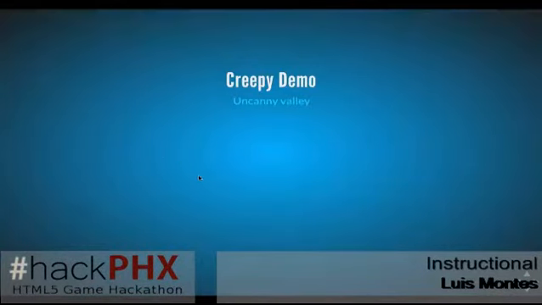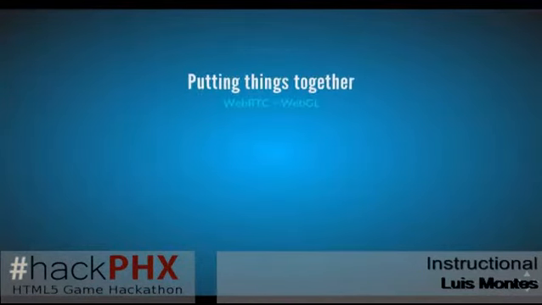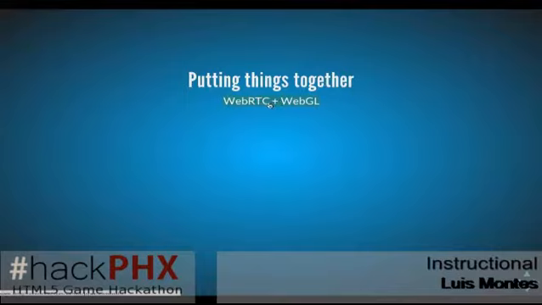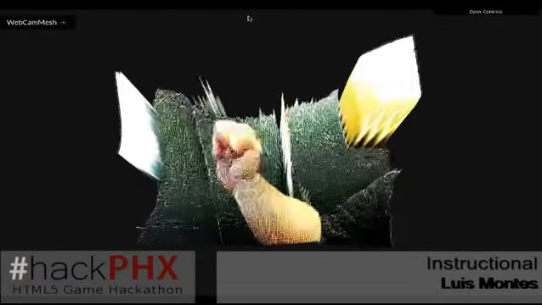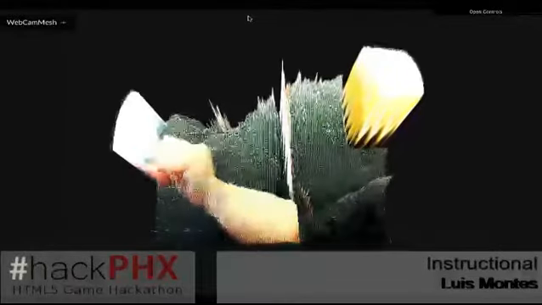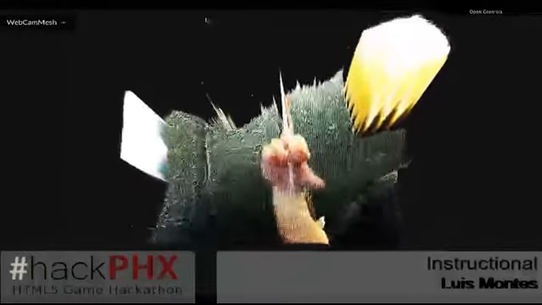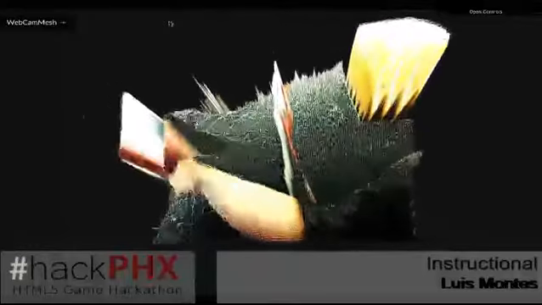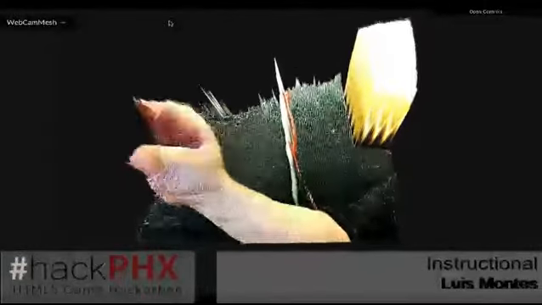Okay. Also, we might want to gamify somehow, maybe mixing some of these technologies, right? For example, I said we can get pixel data eventually from WebRTC. We've got WebGL to render stuff. This is a really cool demo that I didn't write. And this totally isn't a game, right? But it's some weird toy anyways. That's reading WebRTC data, rendering with WebGL.